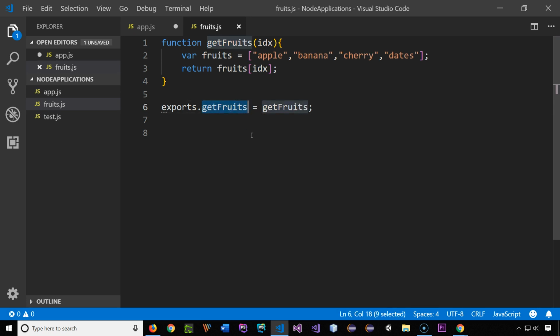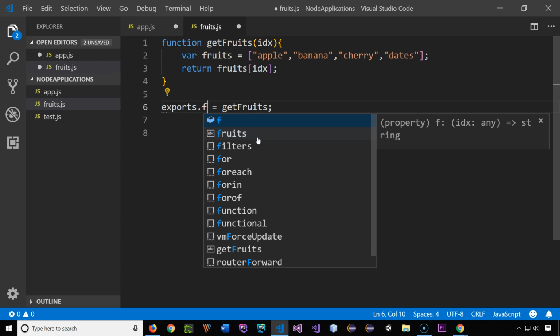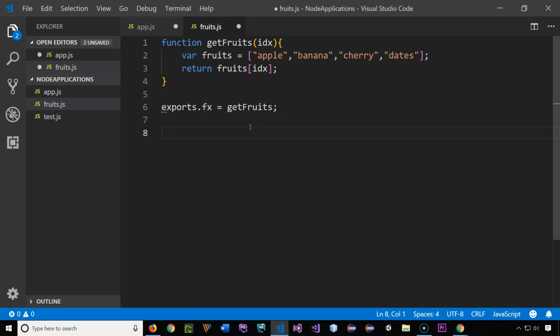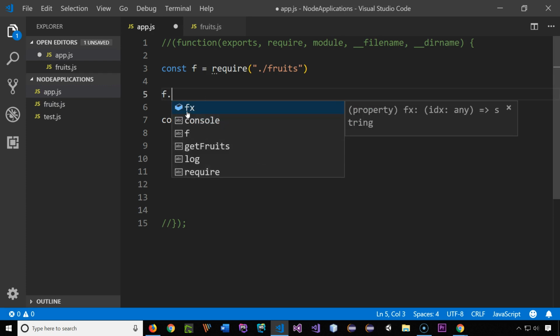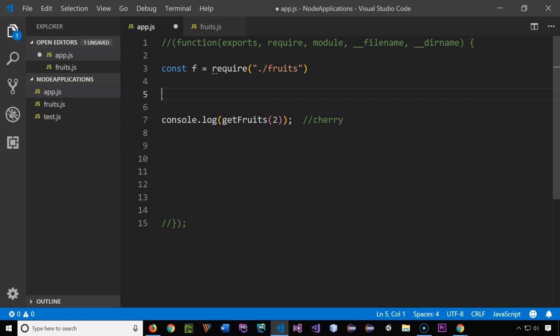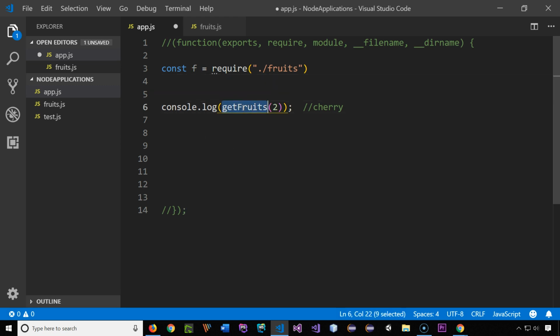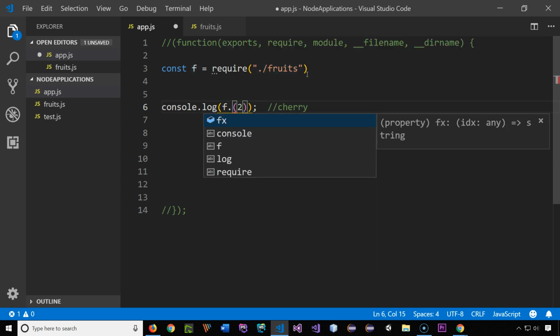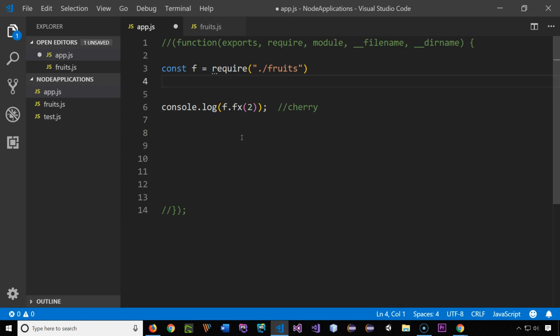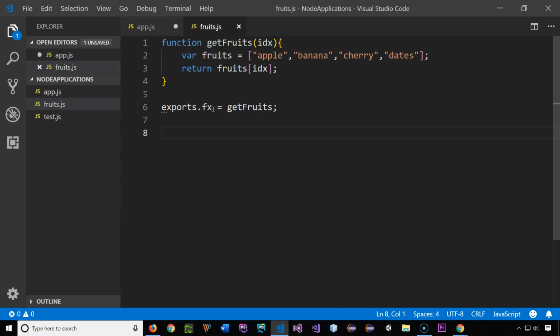Okay, so if it's confusing, I can do like f of x, so we know that it's f of x. Okay, go back here again. If I type in here the dot, you see that it has access to f of x function. So it's a property of that function called getFruits. Right, so now instead of console getFruits here, I would say f, which is this f here, dot f of x. Okay, so f of x here, because it points to the function called getFruits, and it takes one parameter,